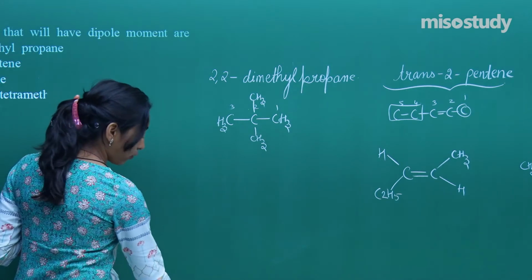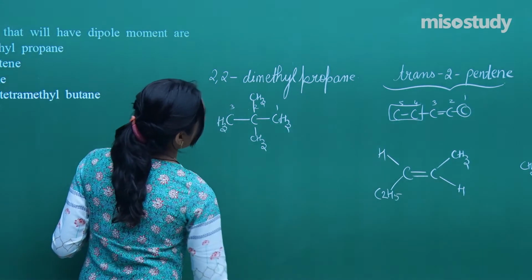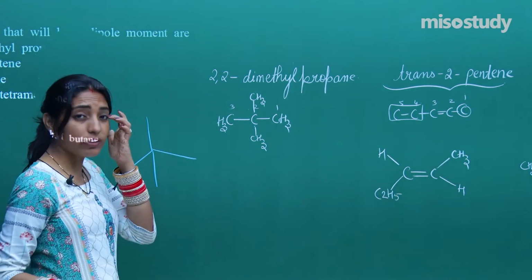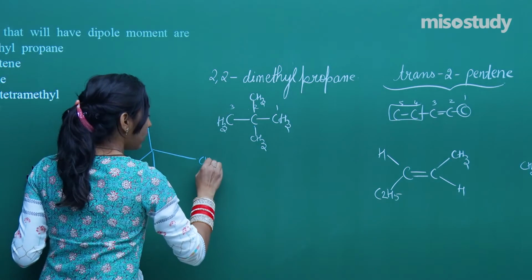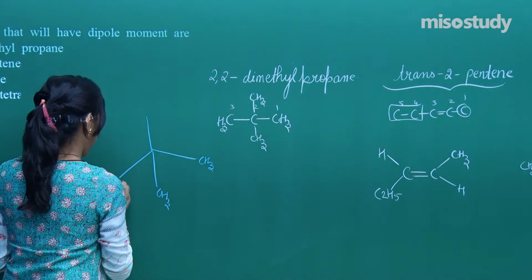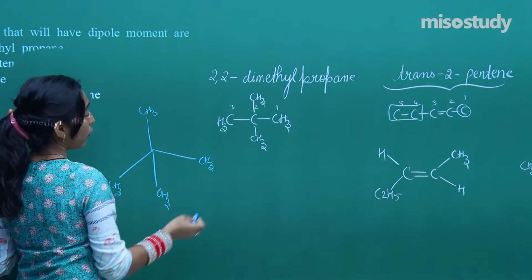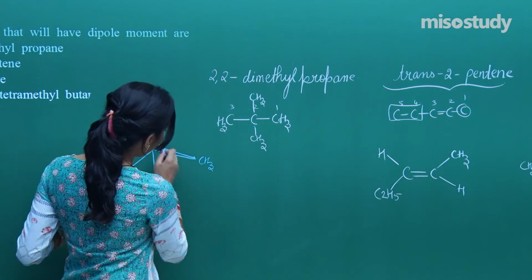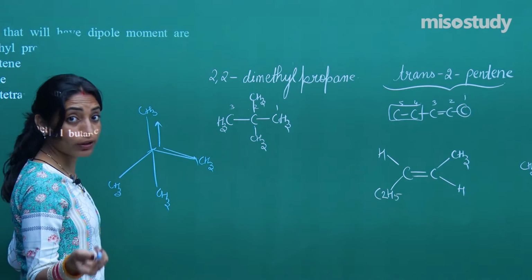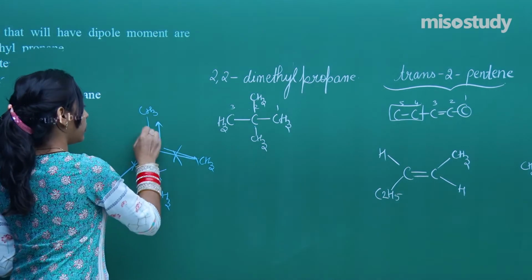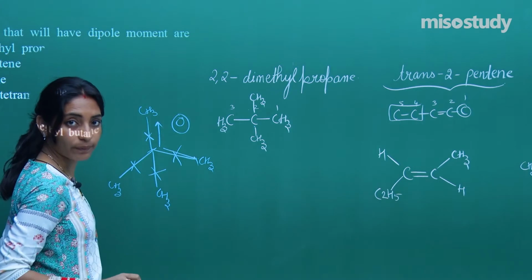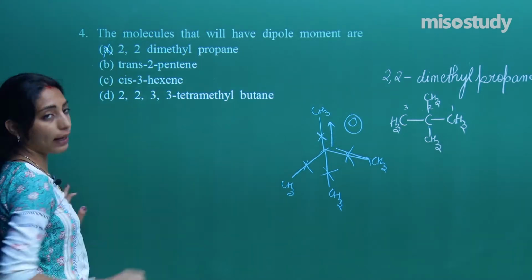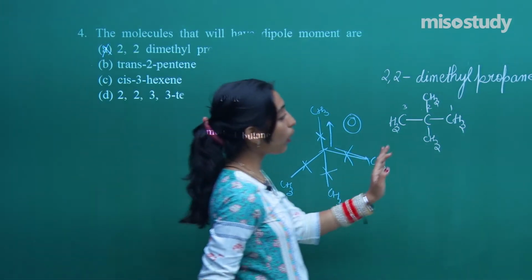So now let's try to figure out the dipole moment. So see, in this particular molecule, the central carbon is tetrahedral with sp3 bond angles, and all the bonds are exactly the same. By the way, you can say that this is a C-C bond, okay. So it is non-polar, non-polar, non-polar, non-polar, non-polar. So overall zero dipole moment, okay. The question asks for the molecules which have a dipole moment. So this is not a molecule with a dipole moment. Fine. Let's move on to the second one.